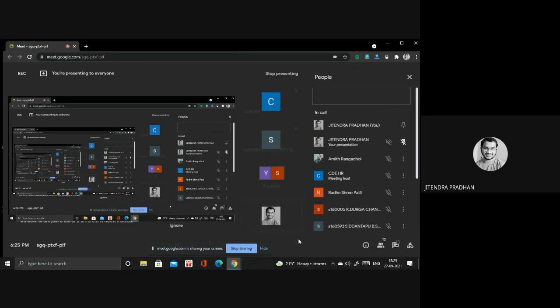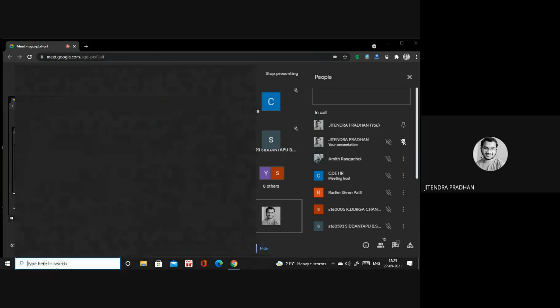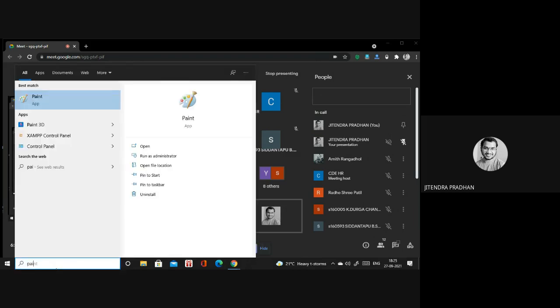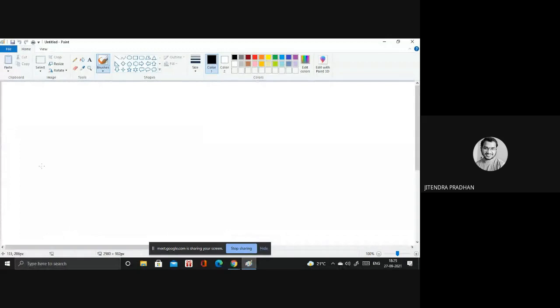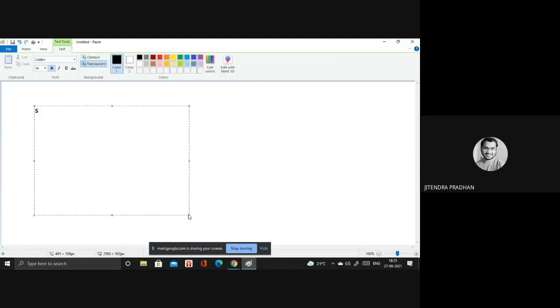Okay, I will open my Paint. So first, what is the syntax of the object? First thing, we have to declare a variable. So first is the object.